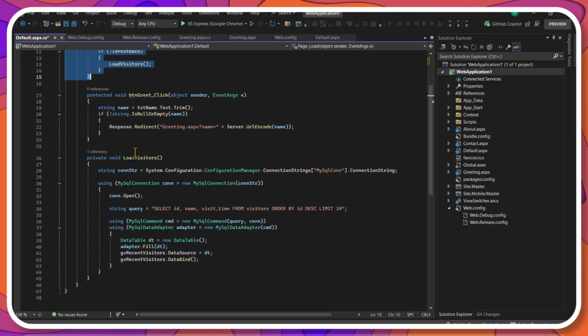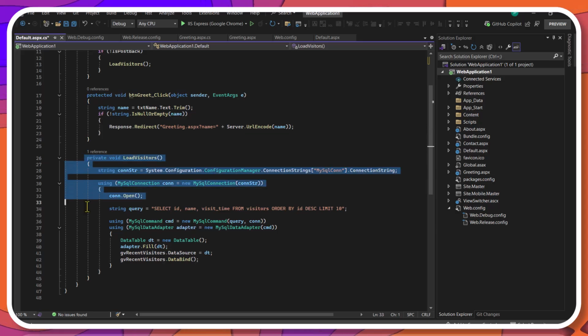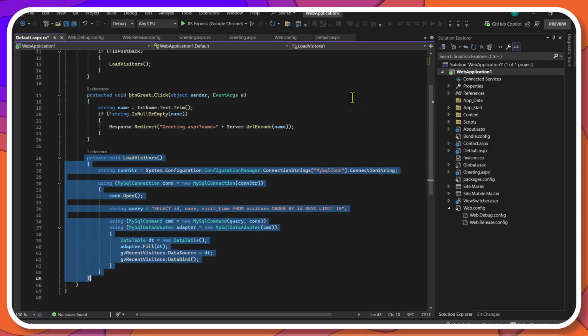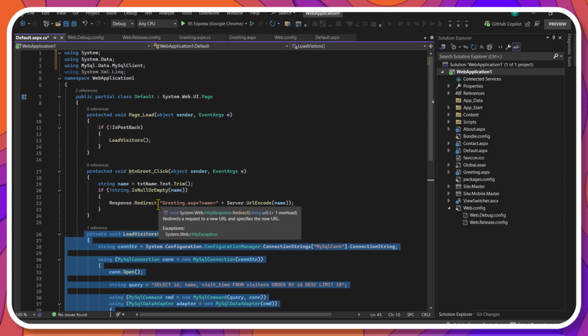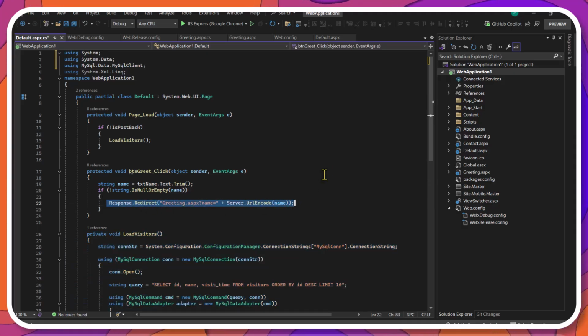It can be checked in the LoadVisitors method that we have on display. And if one visitor wants to register, the button will send the information to the greeting page.